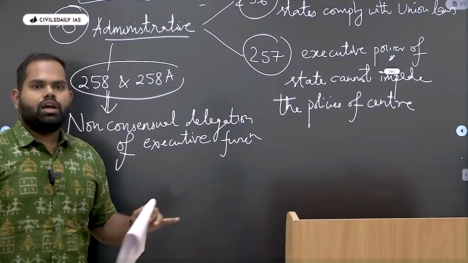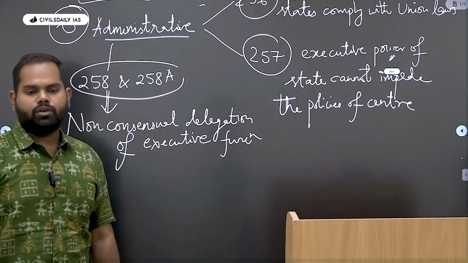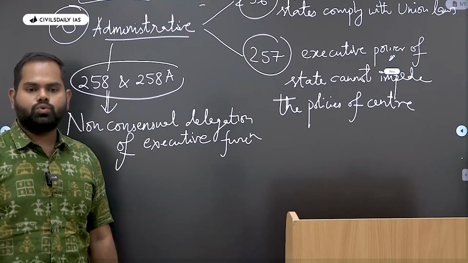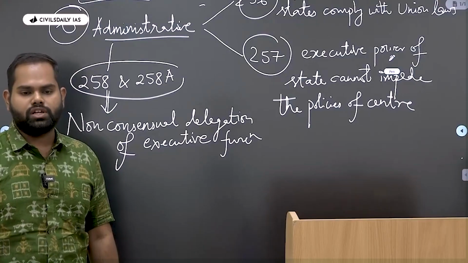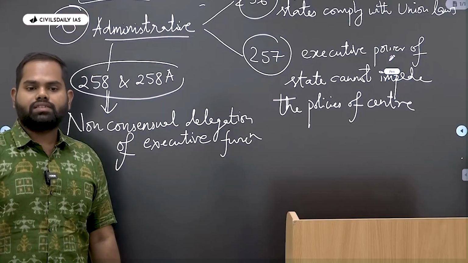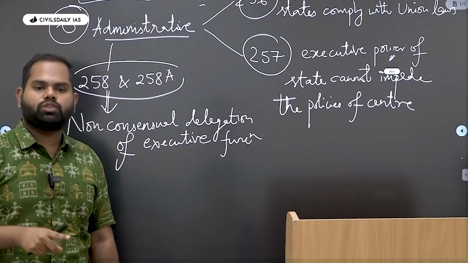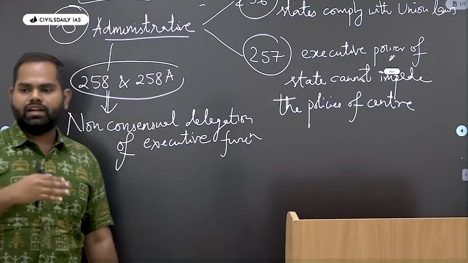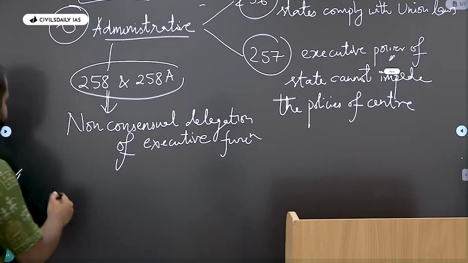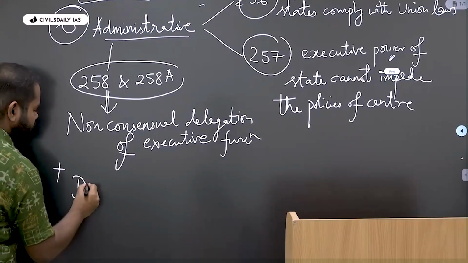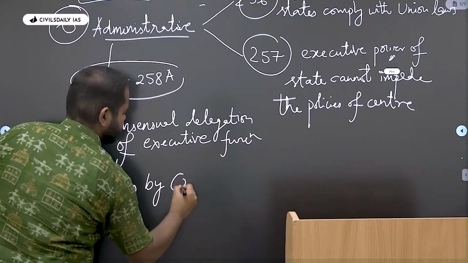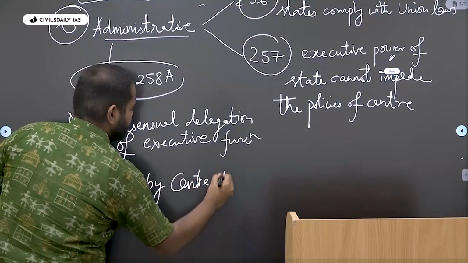But here, when there's a delegation from center to state, that can be done either through a consensual or non-consensual way. But there is a provision where if a delegation has to be done from the state side to the center, it has to be through consent only. So there is an imbalance here in delegations. That is also one of the points that highlights the vertical asymmetry. And yes, with that we have the directives by the center to the state